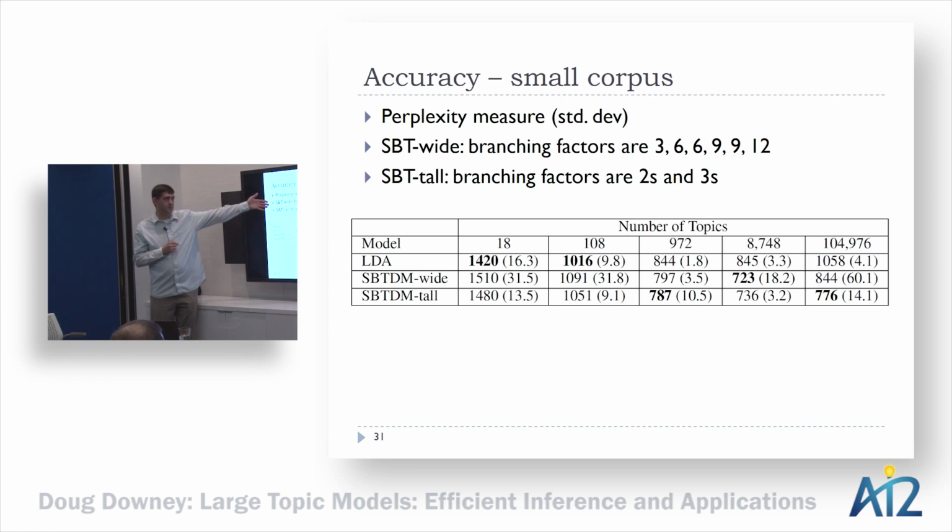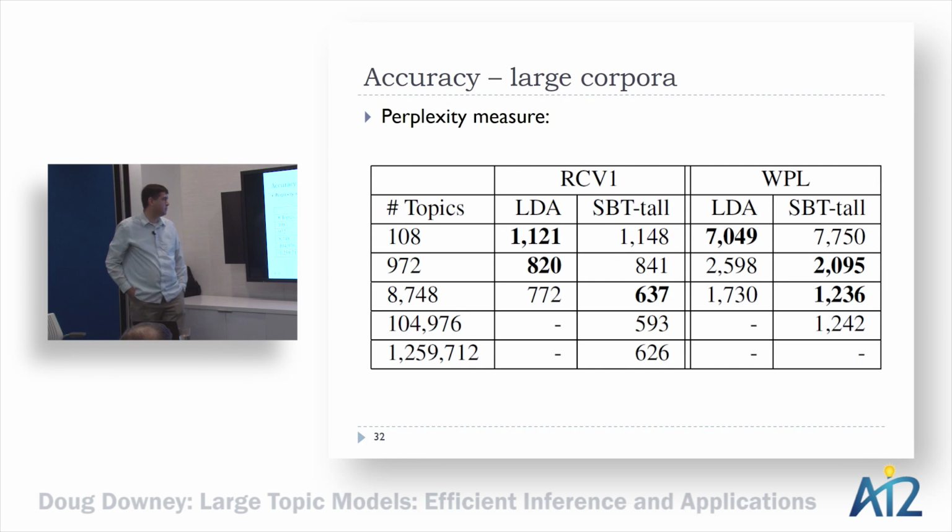We're working with two different versions of sparse Backoff trees. This is just to qualitatively sample the space of different architectures. One's large and wide, and the other is skinny and tall. And they both do relatively well. The skinny tall one, I think, is a little better. And the overall perplexity, right? You get much better perplexity with large numbers of topics. In particular, larger ones. So this is a relatively small corpus, about 3 million words. And you can actually get a much more accurate model if you use thousands of topics, which most people wouldn't do in practice for a corpus of 3 million words.